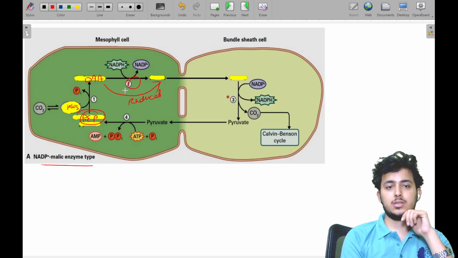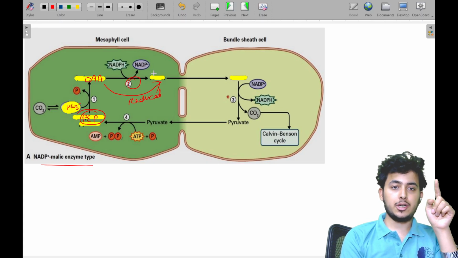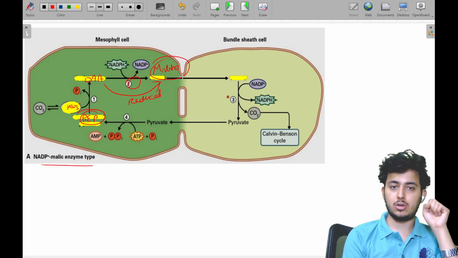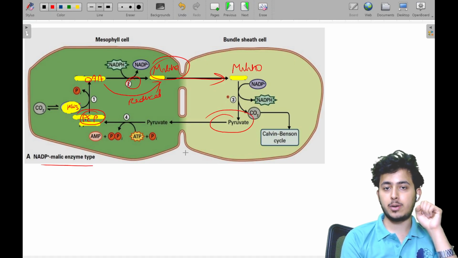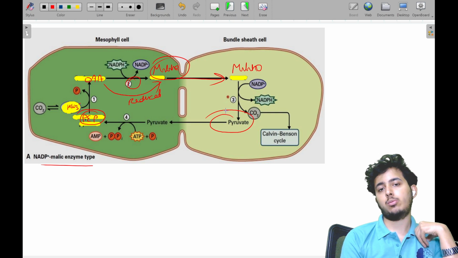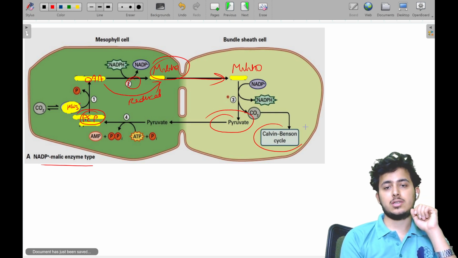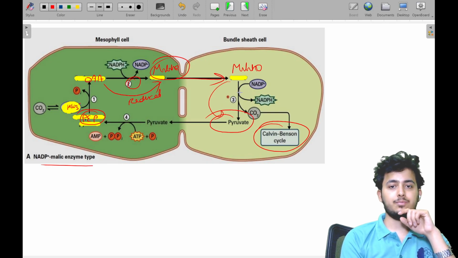With the help of this, oxaloacetic acid will be converted into what? It will be converted into malate. Malate is the form in which CO2 is now stored. Now it will be transferred. And once it is transferred, this malate again will undergo decarboxylation. It will convert into pyruvate, with the help of NADP malic enzyme. And the CO2 can enter the C3 cycle. And in this entire process, there is also an oxidation which is happening,